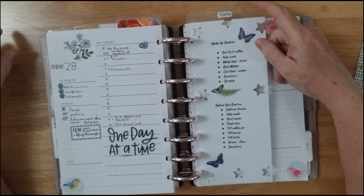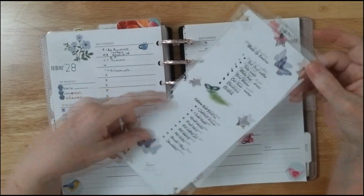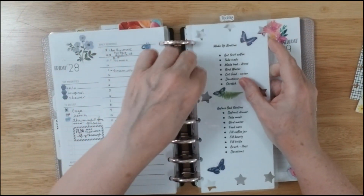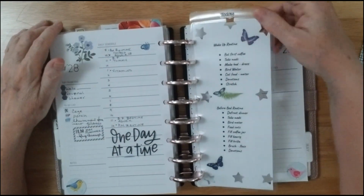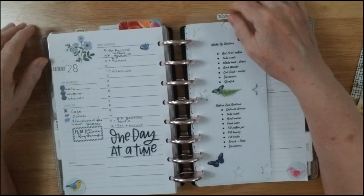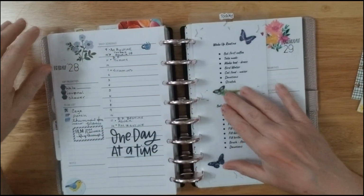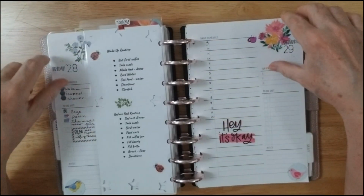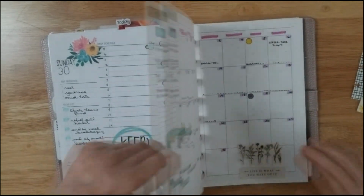So I went ahead and I made this little thing, and it's the page divider. As you can see, it's my page divider. I went ahead and made this so that I would have that in between all the time, and it's on both sides. There's my routines on both sides. So, I'm still using these pages until the end of April, at which time I will switch over to,